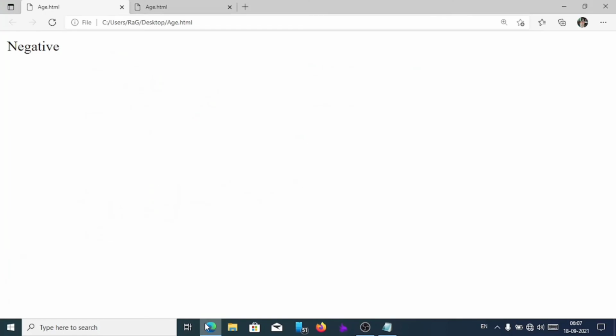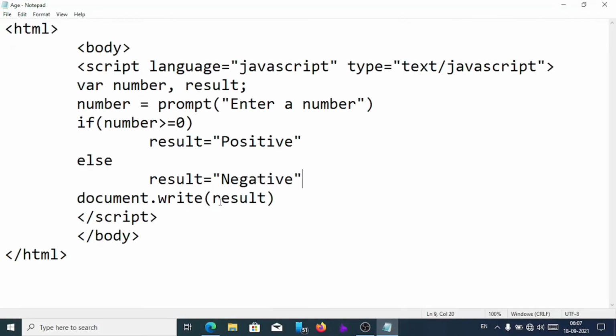So save the document and see. 7 positive, minus 6 negative. So this way we can convert the conditional into if and else statement.